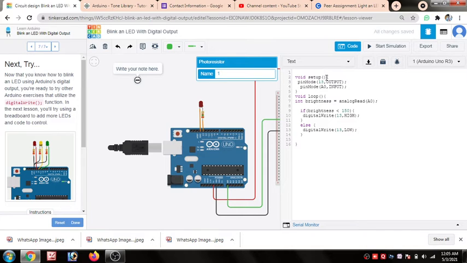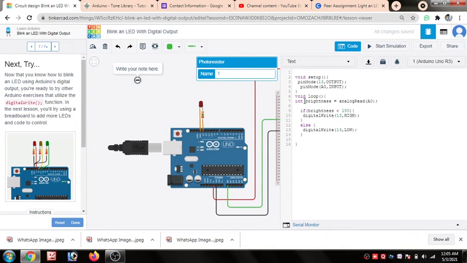In the void setup function, I have mentioned two pin modes. One is an output: at pin 13, I have connected the LED. And on the A0 pin, I have taken an input from the photoresistor.